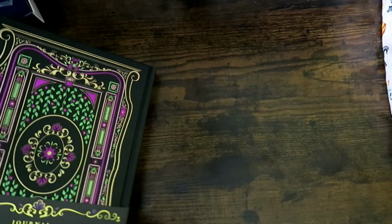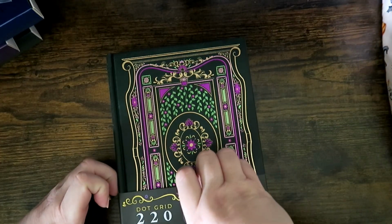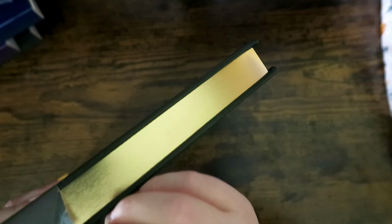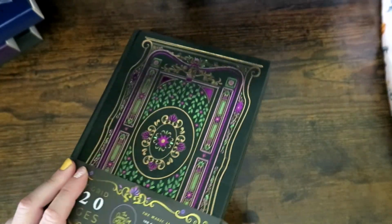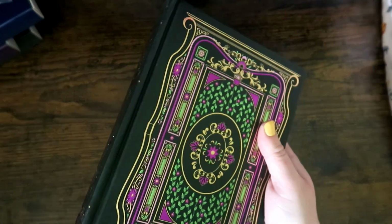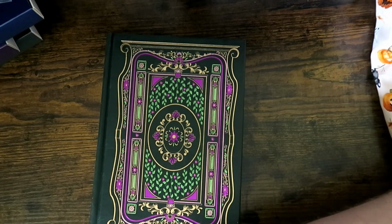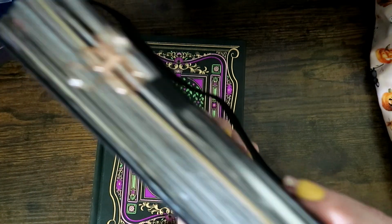Now how do I get this off? I am pulling. I don't want to rip it, but it looks like I might have to. Oh, it's just there on the side, never mind. I've never had a book with gold foiling on the side, a journal. I've just had plain ones. Oh no, I'm lying. My one currently is that way. Silver edges. Not that you can really tell anymore, but